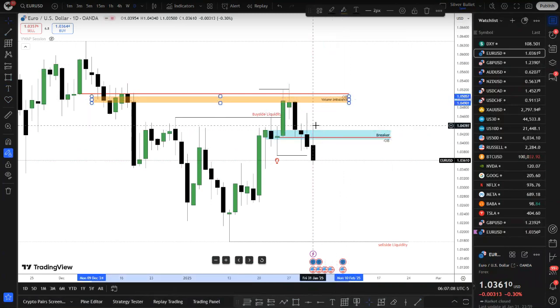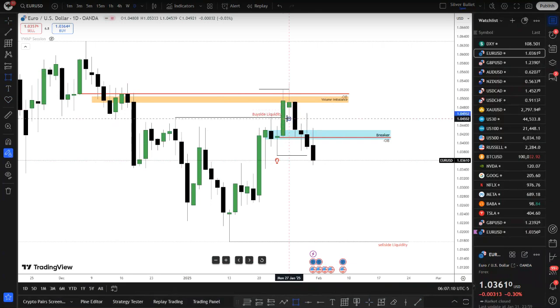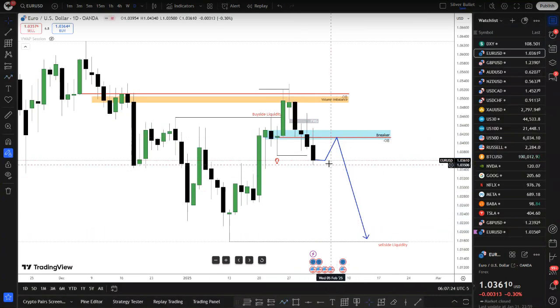Do we have an area of inefficiency? No, we don't. However, we had one here, but price quickly got back into it, tagged into it over there. So which means we don't need the price to return back up into the size. So what I'm expecting from here on is simple. If price can open, maybe Monday or Tuesday, and push out to this breaker and order block, I'll be simply expecting price to push to the downside like this.